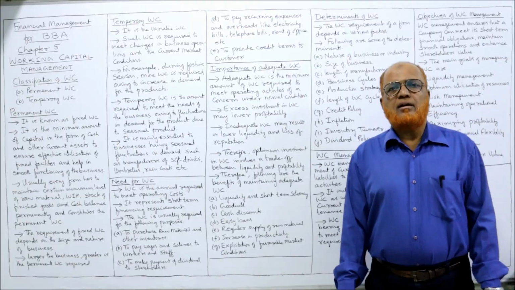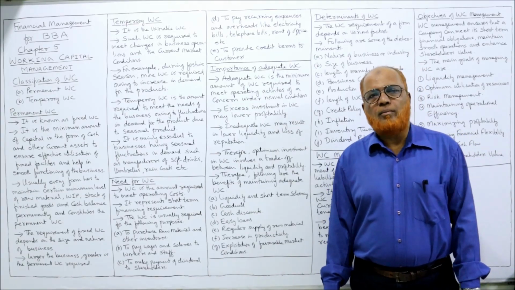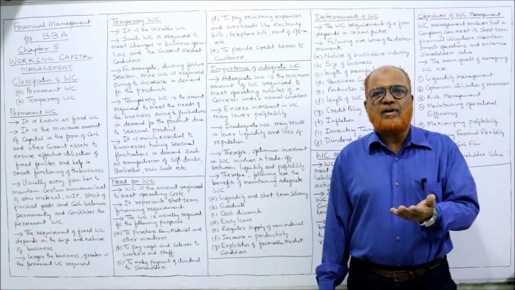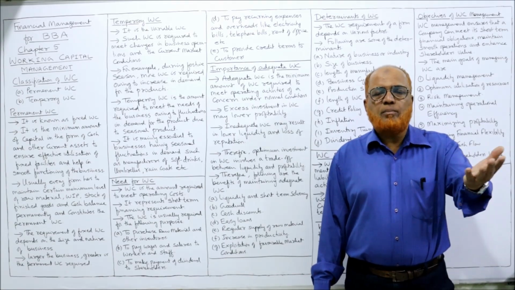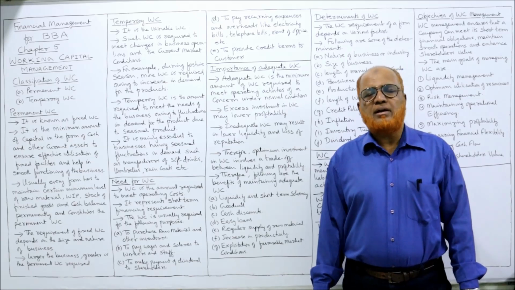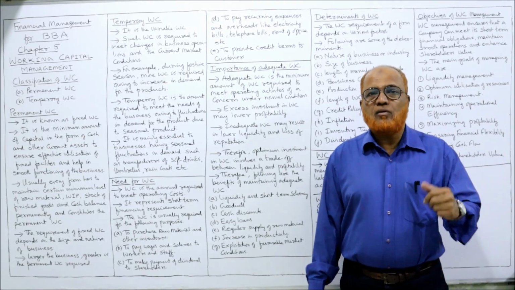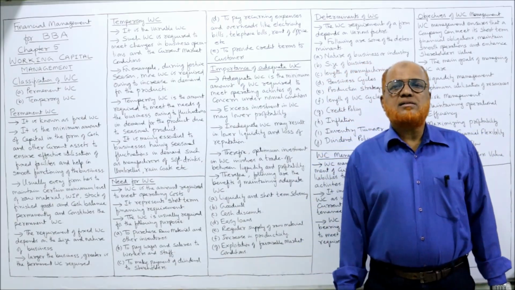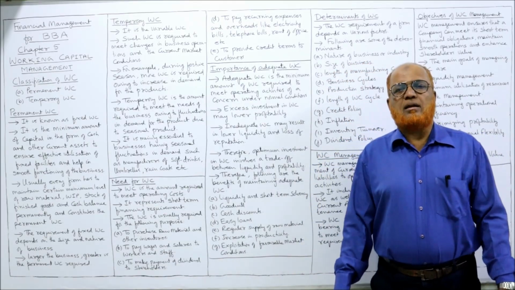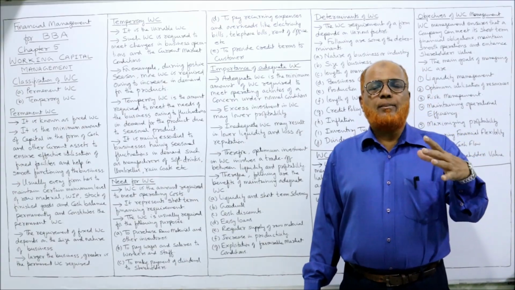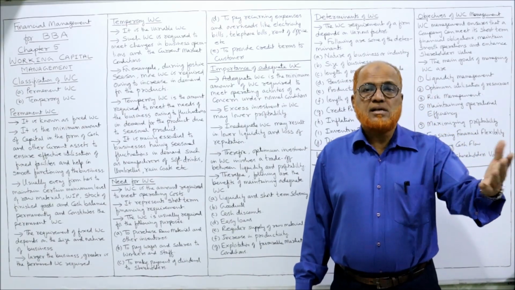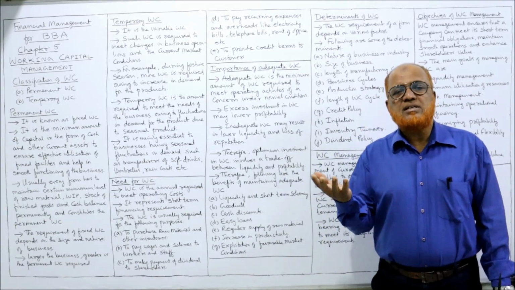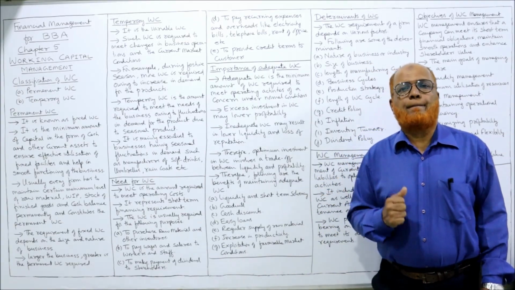Every business has to maintain inventory of raw material. So in order to purchase the inventory, we need the funds. Without funds, we cannot purchase the inventory, raw material. That is the need of working capital. Secondly, to pay wages and salaries. Without workers, employees, no business can run. When employees are employed, then salaries and wages have to be paid. For paying salaries and wages, we need working capital.